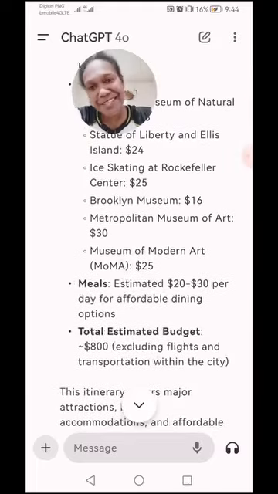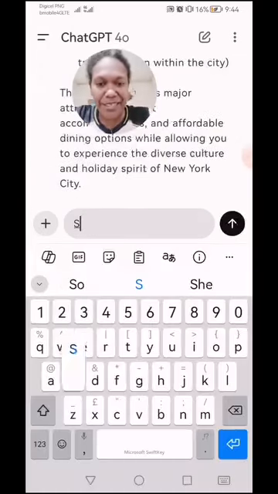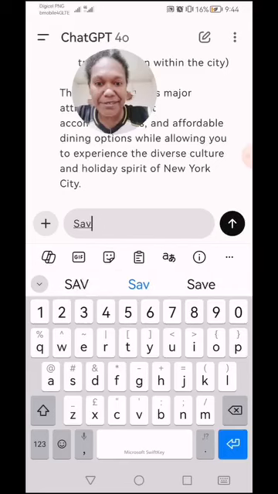All right, so this is just using AI to help out with your travel plans. Anyways, you can save it in Word.